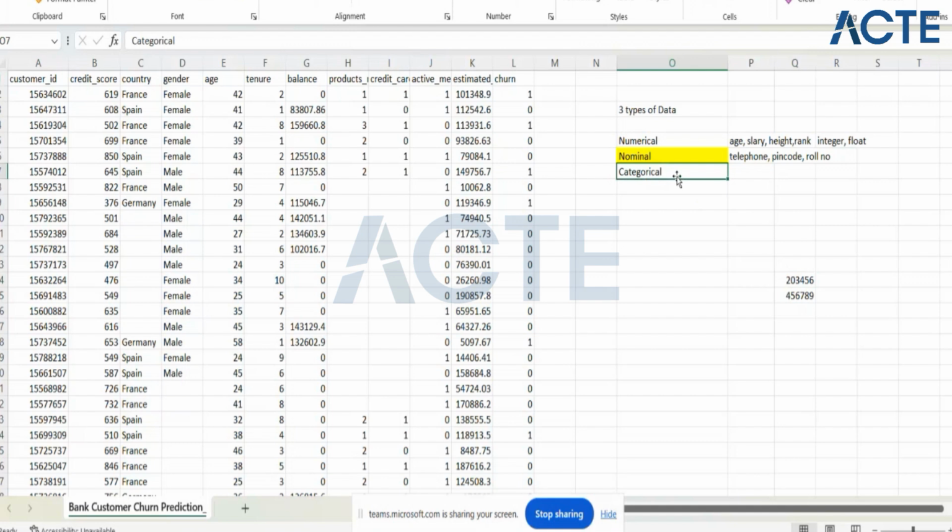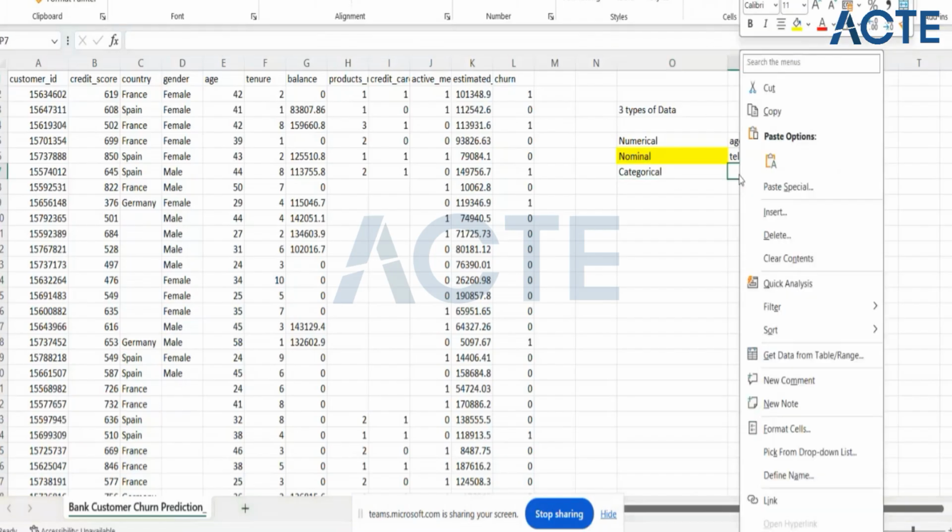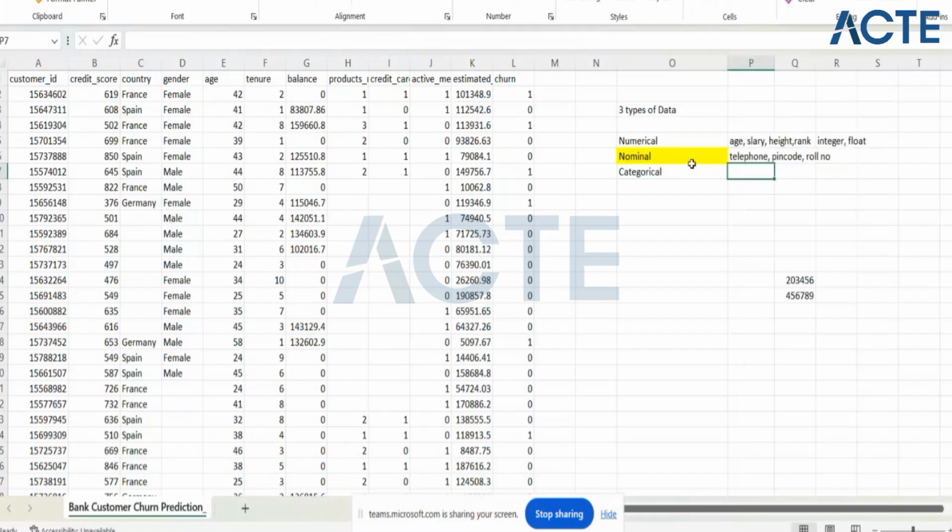Now, what is categorical data? Any data type which divides your data into different kinds of categories becomes your categorical data. Now you will ask me what the categories are, so I will give you one example. Suppose in your class there are a total of 100 students, right? And you have